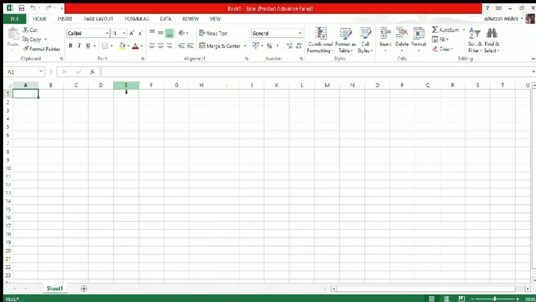If you want to apply a formula, first you have to write the names of students.